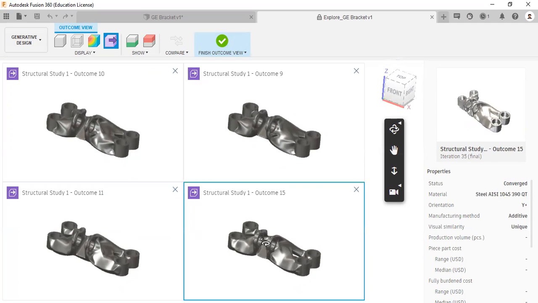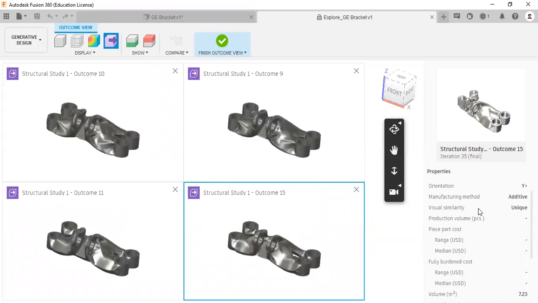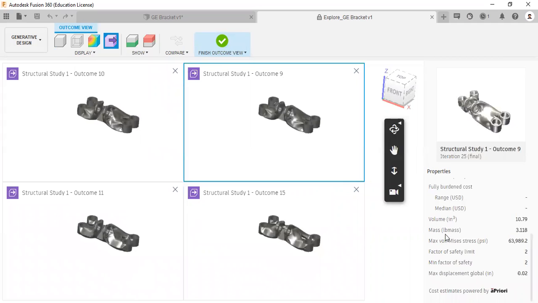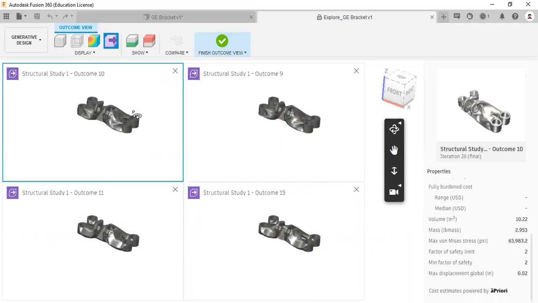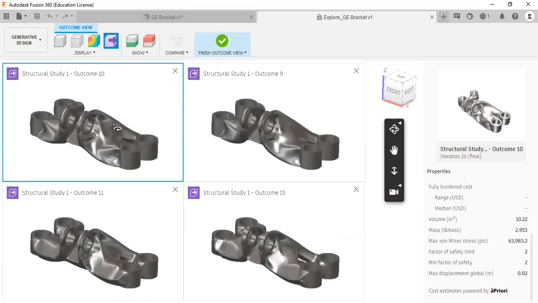When you click this, you can see the properties; outcome 15 properties are displayed here. Check what the mass is: 2.05. Here the mass is 3.118. Here the mass will be 2.953, and here the mass will be 2.87. In this way you can compare